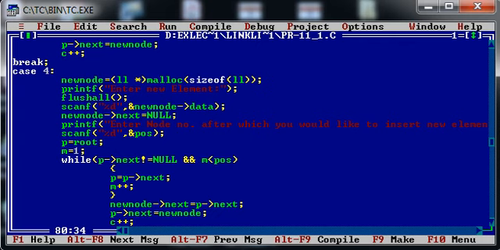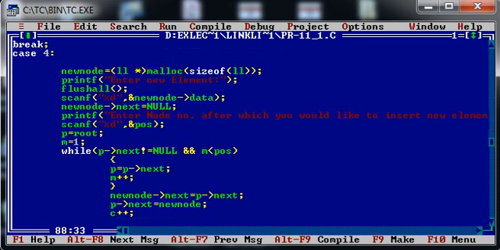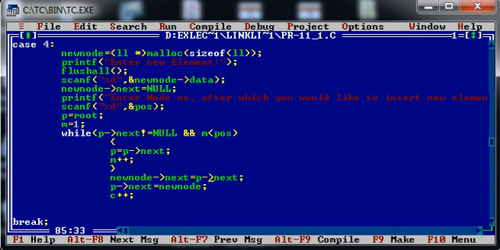If the position is 1, in that case this loop will not get executed and it will directly come to this particular statement. So let us consider that right now I am assigning position is equal to 1, right? It means I would like to insert a new node after the first node. In that case, what happens? It will directly come to this particular statement.